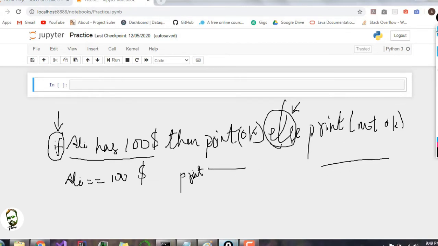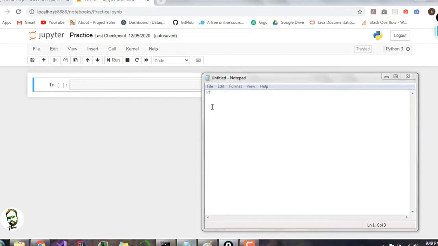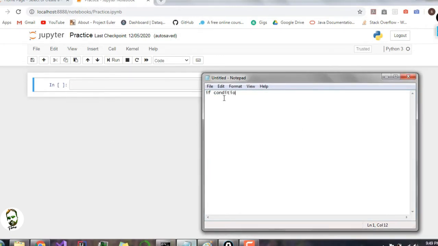Now, if you want to write this in programming, it will be something like this. The if syntax is like this: first comes the if keyword, then the condition, whatever you want to write, then this end mark, which is the colon. This tells that the if condition has ended here. Then after that, 4 spaces. Remember, you have to write exactly 4 spaces. I will tell the reason later in the video, of course.